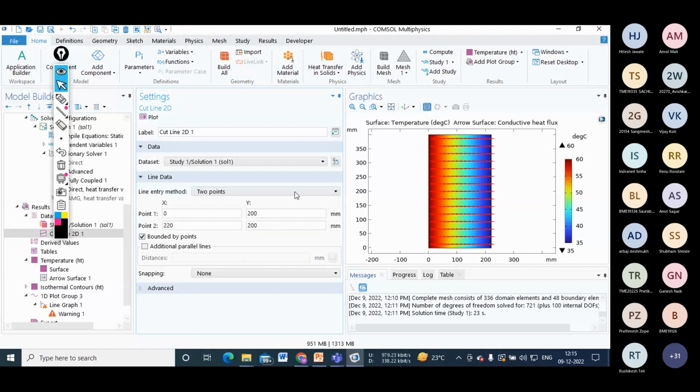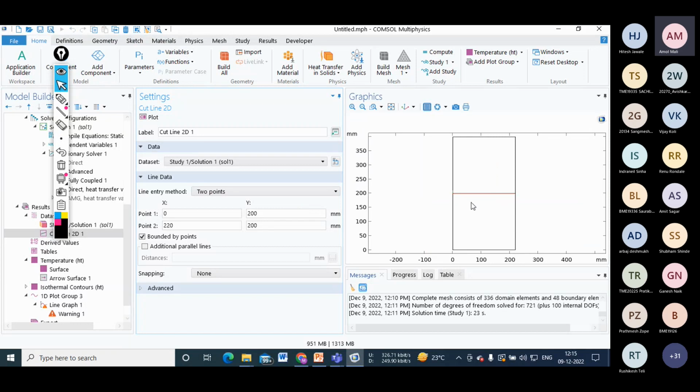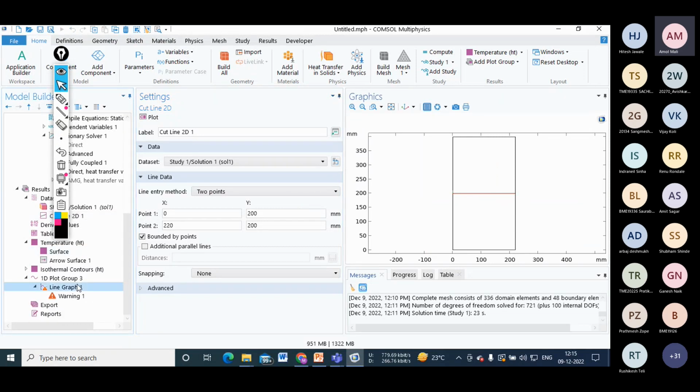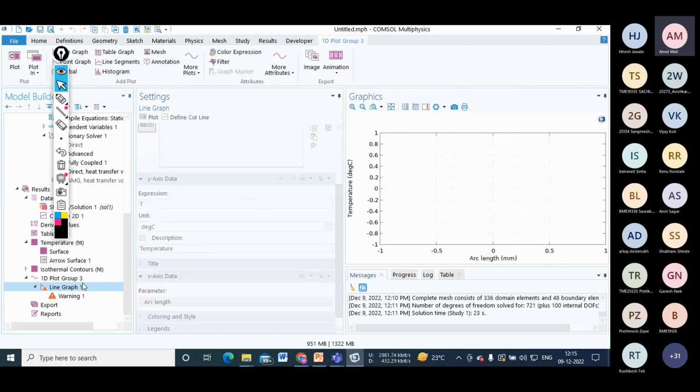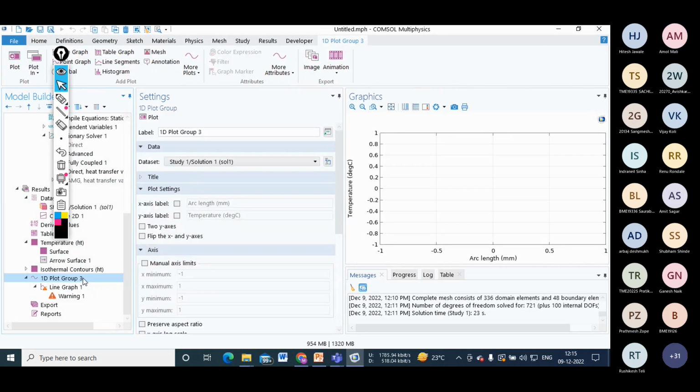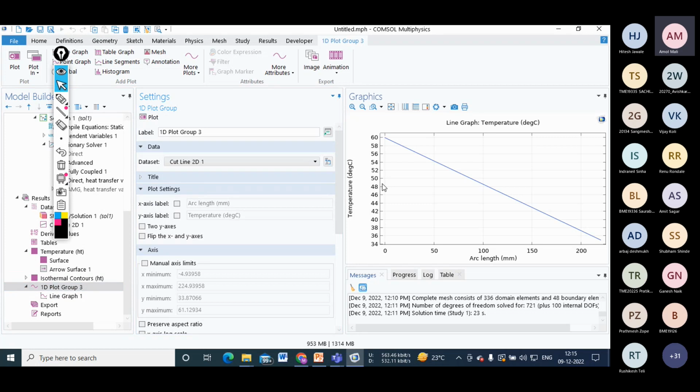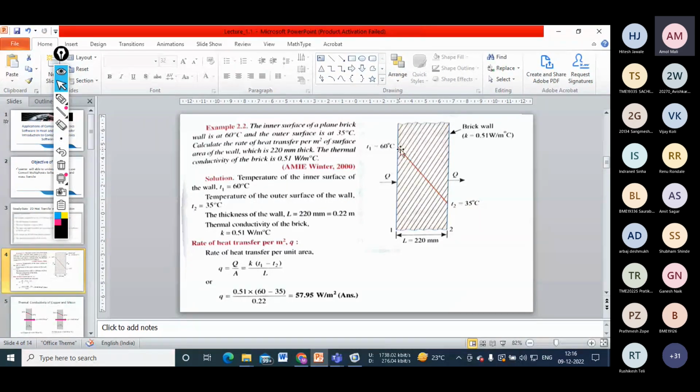Okay, so here we can see we have drawn this line at the center, and then I will select it. Cut line 2D. Here you can see this shows the temperature distribution. You have seen the temperature distribution here, it is coming the same, meaning your heat is flowing from higher